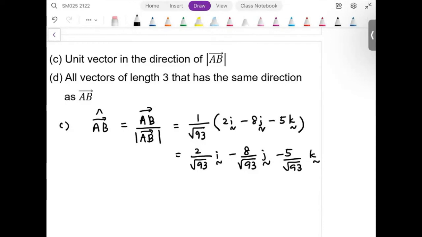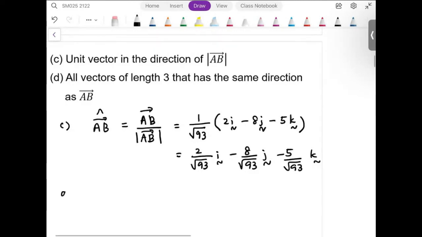Okay. And then last one, D. Ini soalan favorite ni. We have to find a vector of length 3. Panjang dia mesti 3. Maksudnya magnitude yang kita nak cari ni mesti 3 panjang dia. Has the same direction as AB. Dia maksudnya mesti parallel dengan AB. Sama arah dengan AB. Okay, how do we find this? Ini soalan famous. Dia berkait dengan unit vector. Tadi saya dah pesan. Magnitude of unit vector